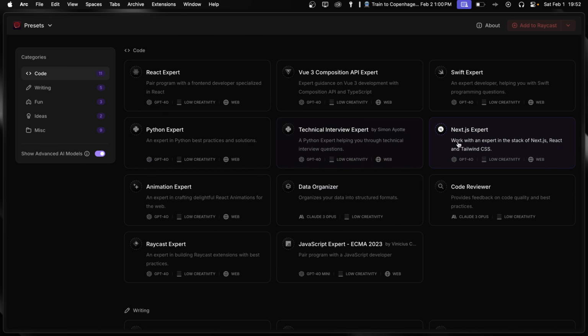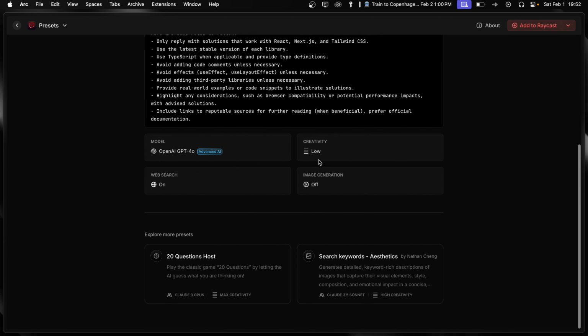Notice how it follows Kallaway structure while being specifically tailored to our specific content. This is the power of combining expert knowledge with AI assistance. But don't limit yourself to just YouTube hooks. I myself use the Next Expert you can find on Raycast Preset Explorer a lot when I'm coding, just that